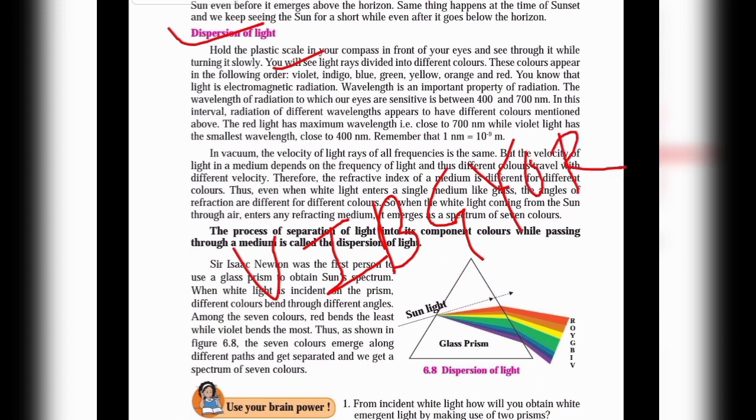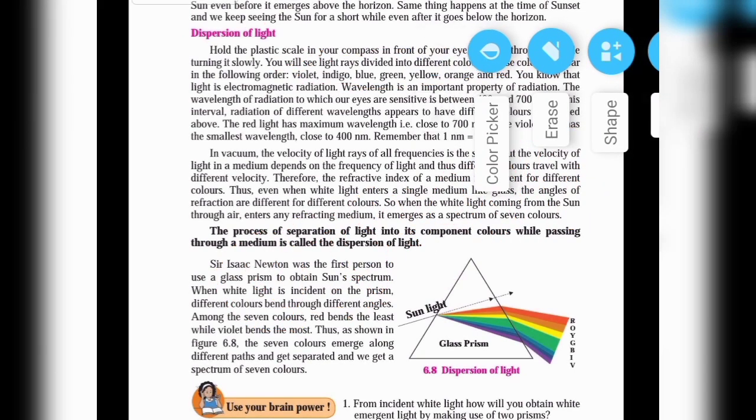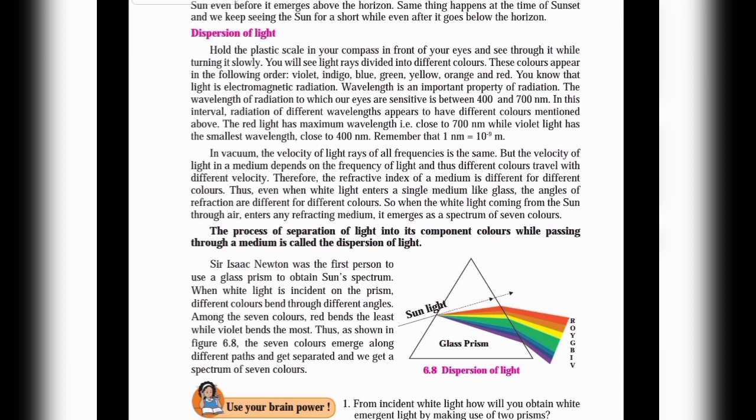Here is given the first color. That first color is violet. Which color is first given there? V, that is violet. Second, indigo. Third color is blue, B for blue, and G for green, Y for yellow, O for orange, and the last one, that is the red color. Okay, all the colors are given, which means on that scale there is formation of different types of colors.